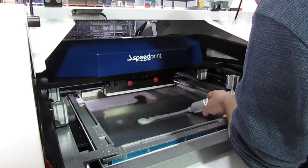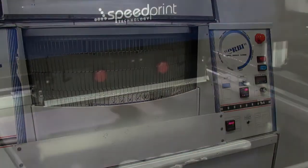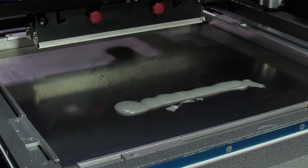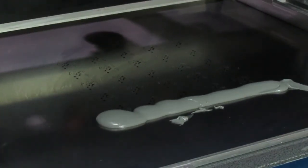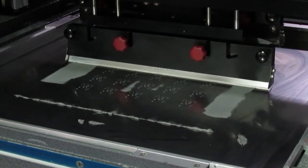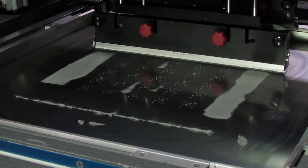In this video, we look at solder flux and board cleaning processes for SMT assembly. This is solder paste. It consists of a tacky material called flux with tiny balls of solder mixed in. The solder could be leaded or lead-free. Solder paste is applied to the metal areas of the bare printed circuit board, for example by using a stencil